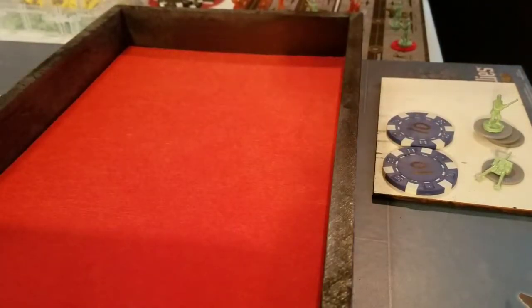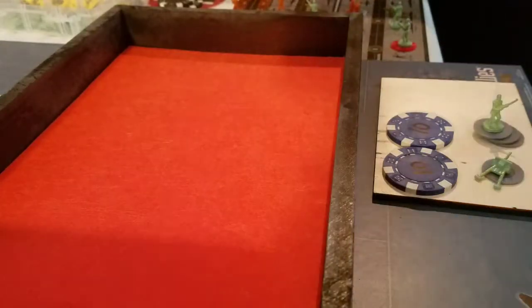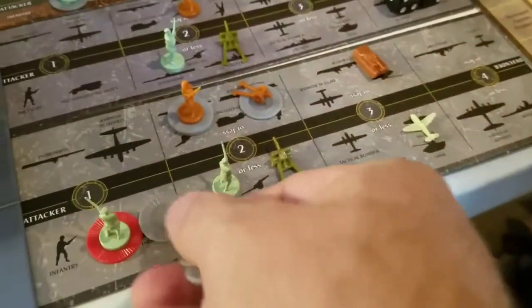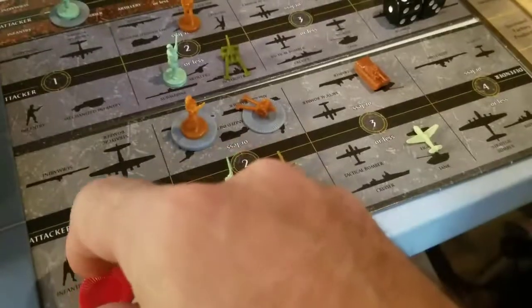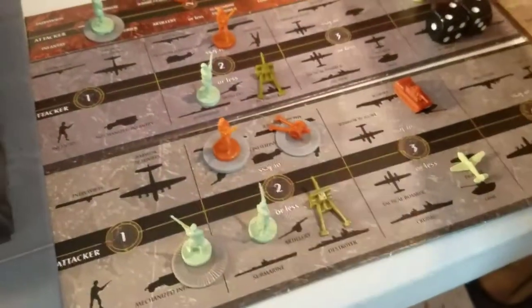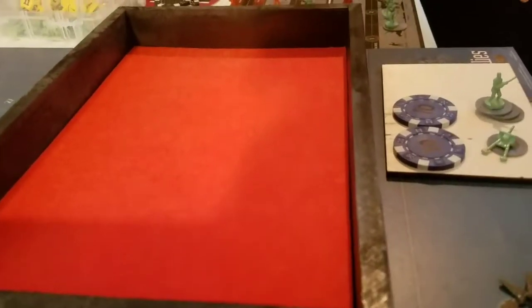So they'll be left with 3 infantry and artillery and the Flying Tigers. Alright, so I guess I can chip that out just a little bit to show what's left. And there we go, 3 infantry and artillery. Alright, we'll go ahead and move on to